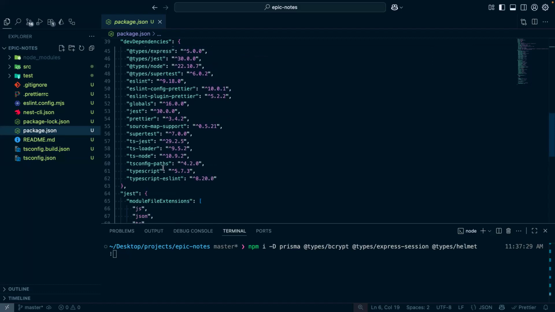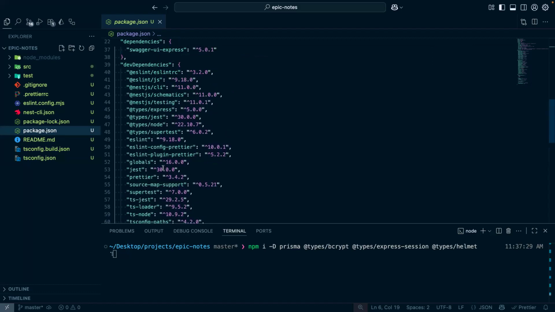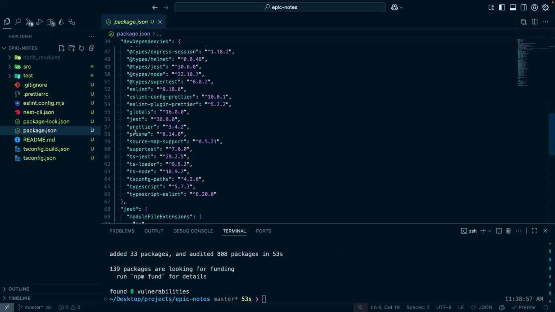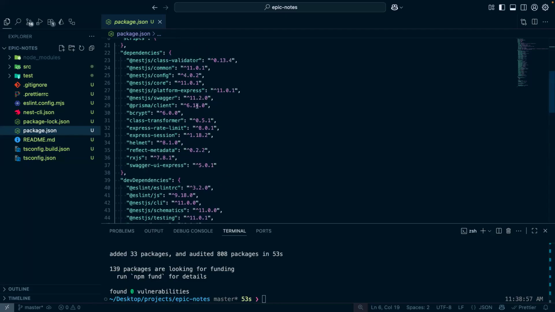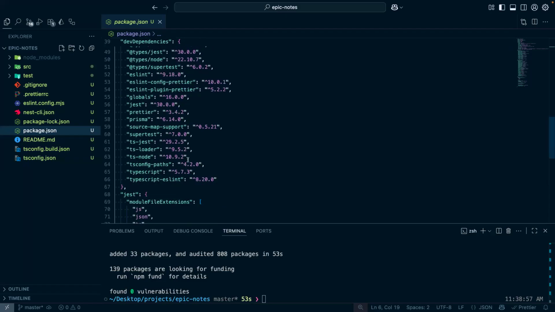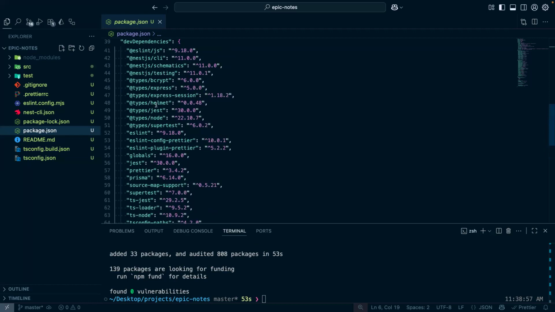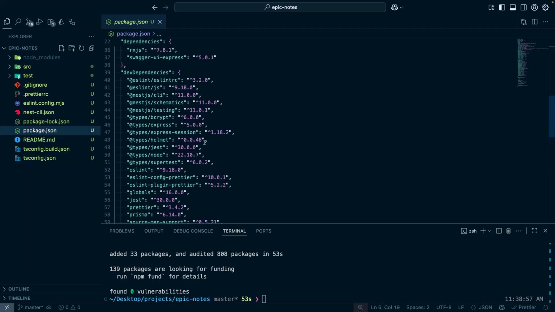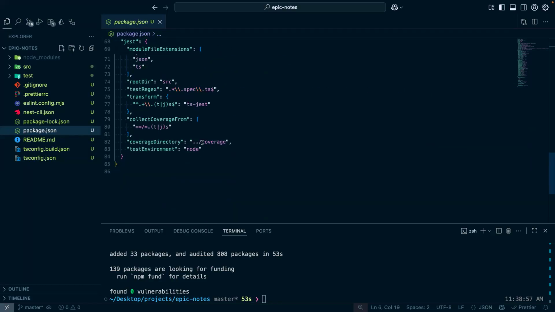The types are installing now. In a short while, we should see our types for bcrypt, express-session. We should see Prisma and so on. Great. So we have Prisma version 6.14, and make sure your Prisma here matches with your Prisma client version 6.14.0. We have types for helmet, types for express-session now, and we have types for bcrypt also. Great. So now that we have all our dependencies installed,